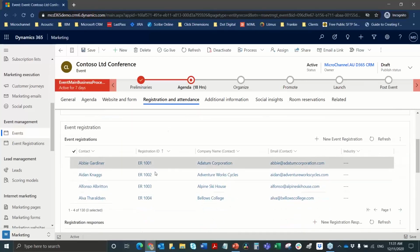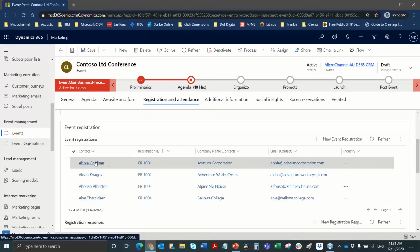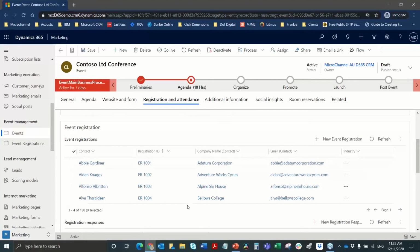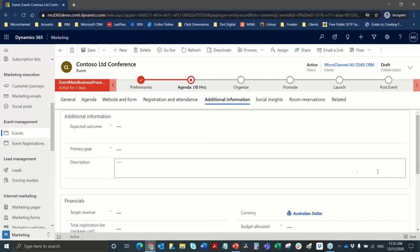So you have all the types of tickets that you have and then the people who have registered. So if you wanted to see who has registered and then send your sales team a list, you can do so from this environment. Any additional information, you can then go on to organize, promote, launch, and then also do post-event management from this same dashboard. So just to wrap up,